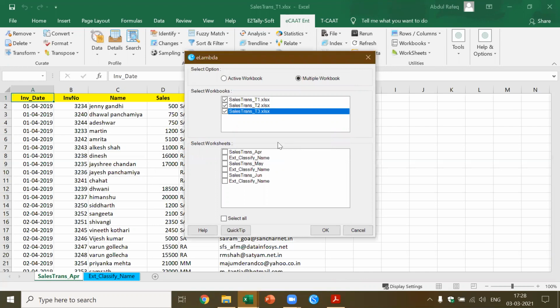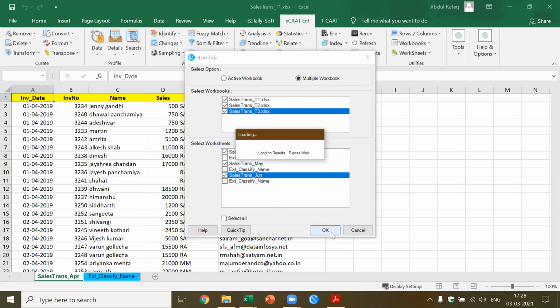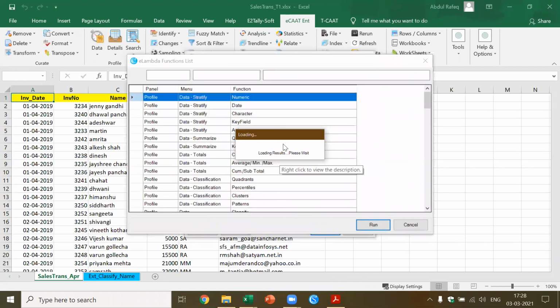Now remember, whatever analysis I do, I can perform for all these functions. In this workbooks, I select the worksheet which I want. These are the worksheets which I'm selecting. Okay, and then I say okay. Now you see the beauty of this. Now it shows me all these